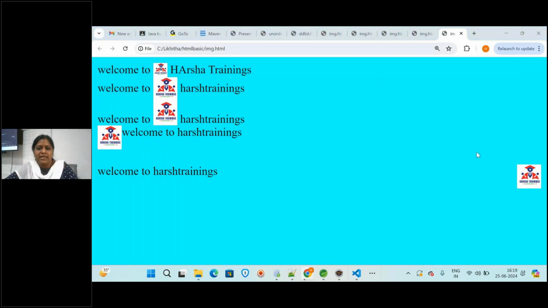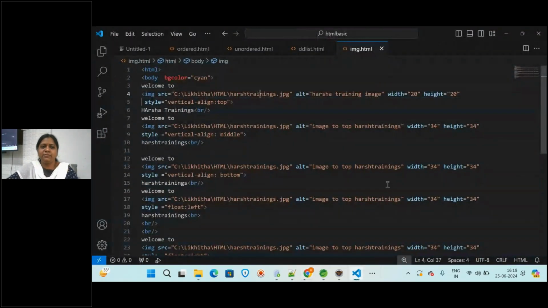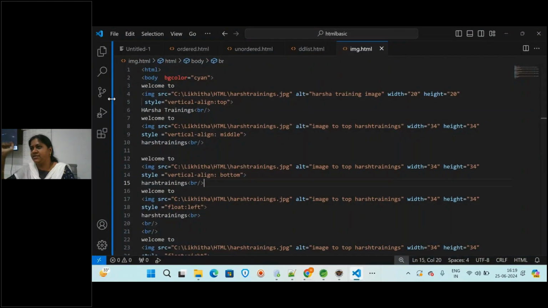Now let us see some alignment styles we can apply for a particular text. We have seen we are applying for the image, like style, width, height, and all. You will be writing in h1 tag, h2 tag for the headings. For that particular line you want some color. You want to apply some style for each and every line of text, a separate color.